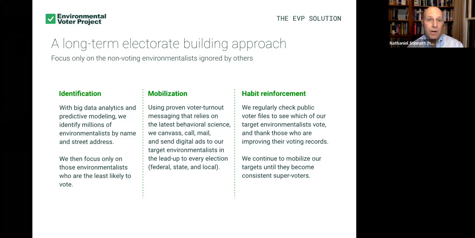We take a 3-step process. First, identification. And again, forgive me for not going into a lot of details here, but I want to get to the briefing, which is the real reason you're here. Using data analytics, we build what's called predictive models. And what these models allow us to do is assign individualized scores from 0 to 100 to every single voter in the voter file. And these scores don't just tell us who are the people who have the highest likelihood